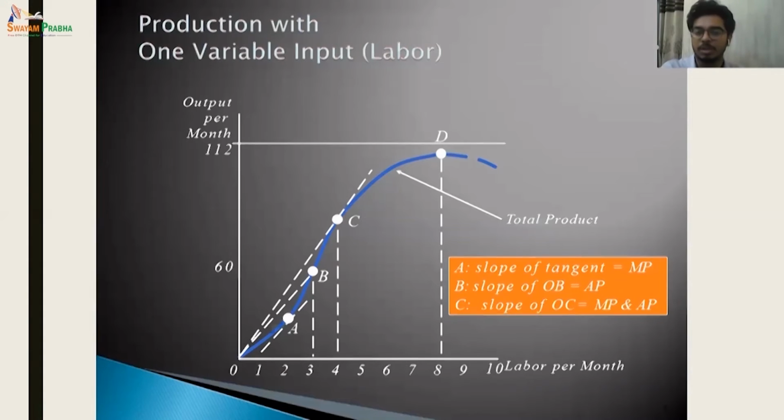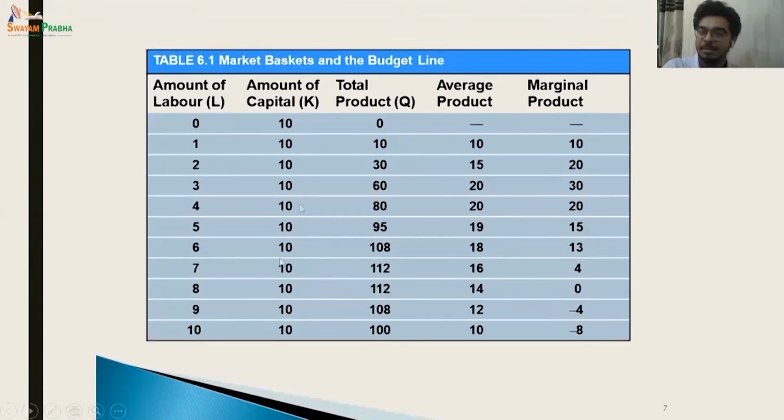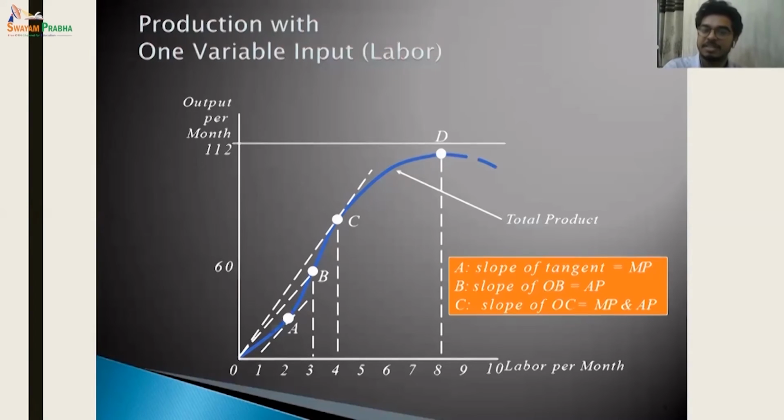This is just the total product curve. It is increasing at an increasing rate because the contribution of each and every individual is increasing till 60, right? You come here till 60, increasing at an increasing rate: 10, 20, 30, at a faster rate. The first one added 10, the second one added 20, the third one added 30. But after that, from 60 onwards, it is upward sloping but at a decreasing rate, concave, at a decreasing rate.